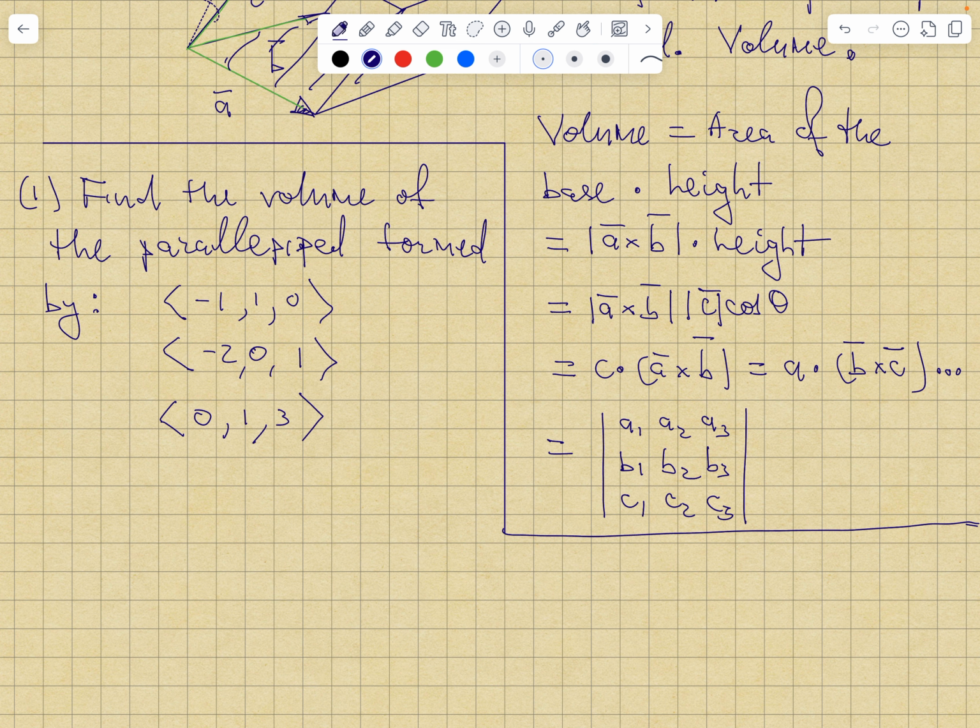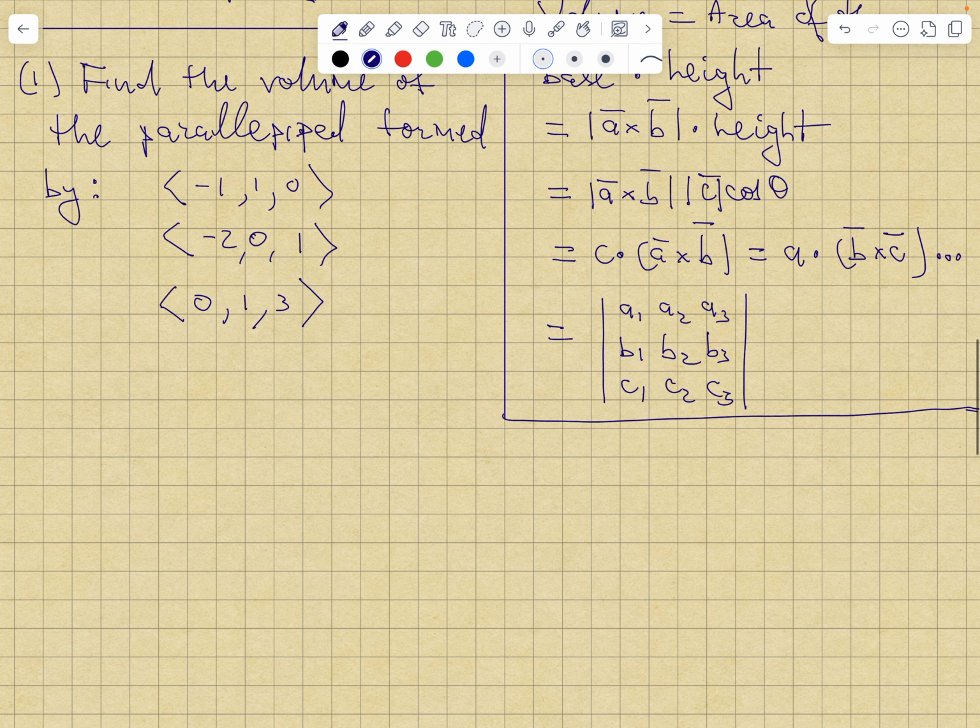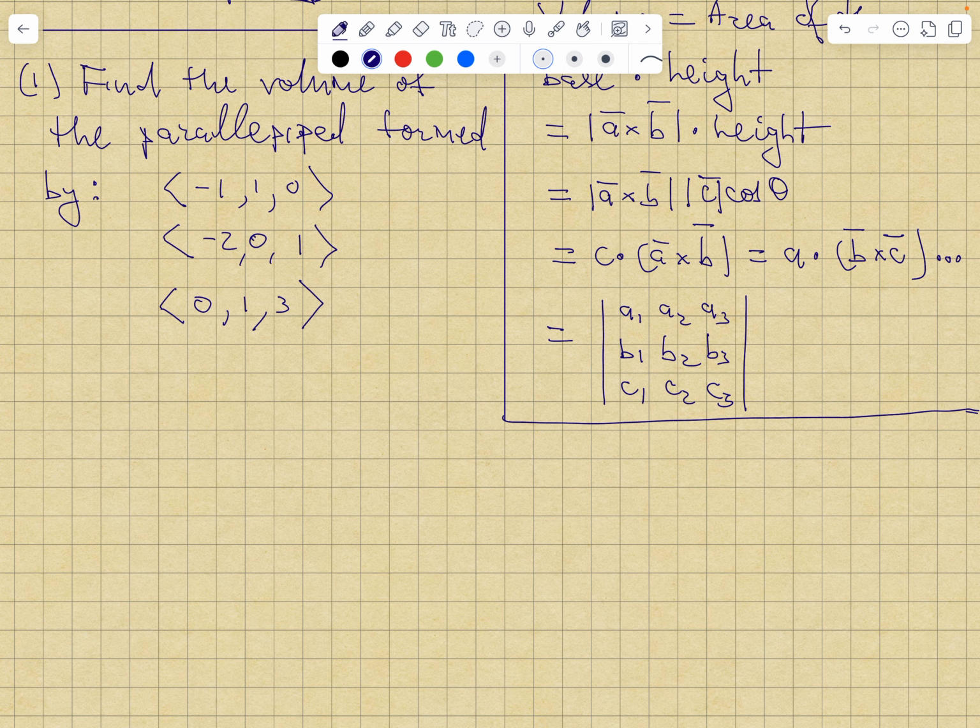And so this is trivial in the sense that it's very easy to set up. So the volume is